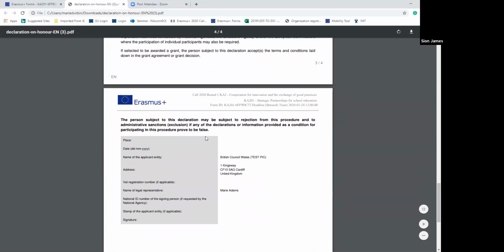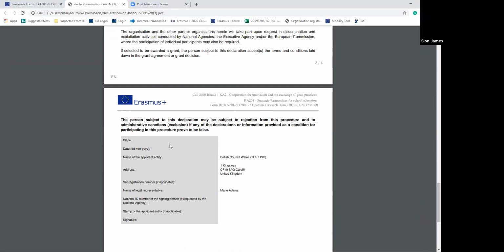So here you can see the place field. Now, quite often we have errors where this is not completed correctly. Here you will enter the name of the city or town where your organisation is based and where this document is being signed. So for example, in this case, we would write Cardiff. They will need to also write the date,